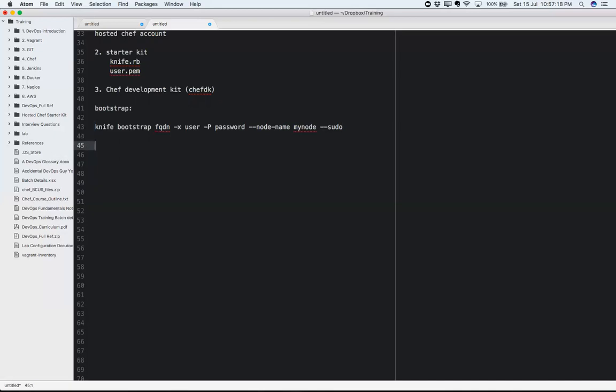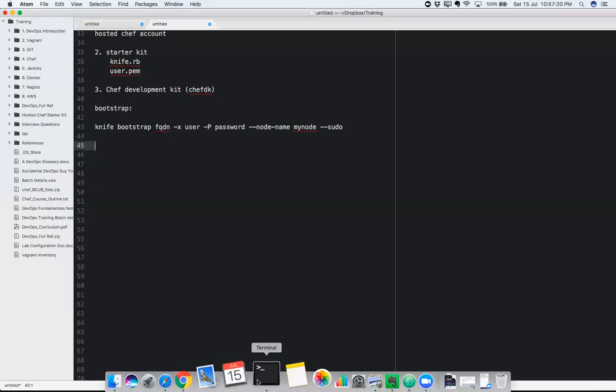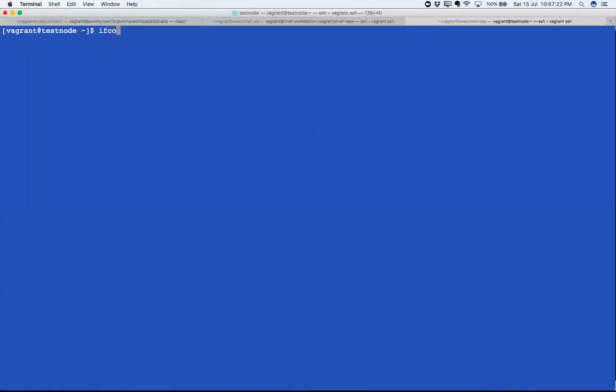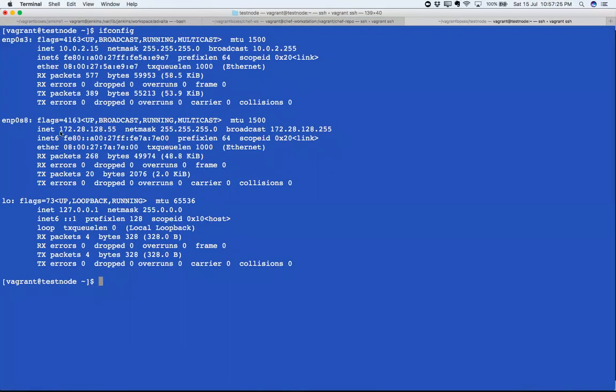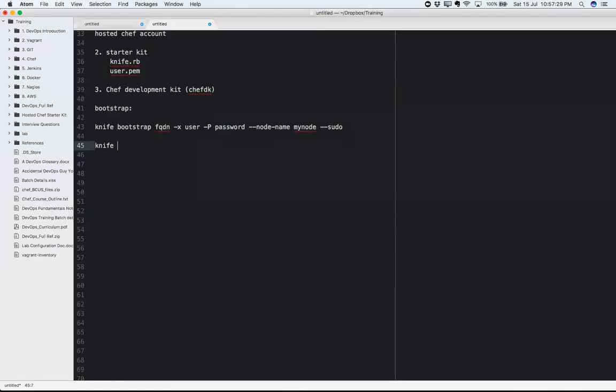In our case, let's just check out. So let's first get the IP address. So I can just copy this one. So knife bootstrap